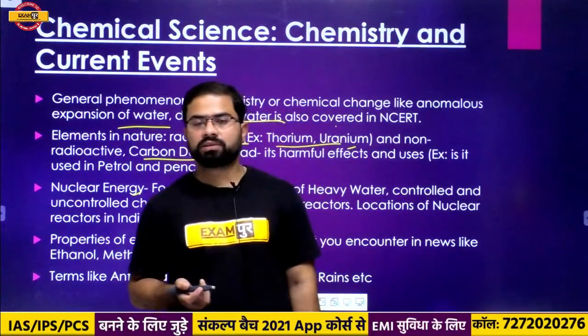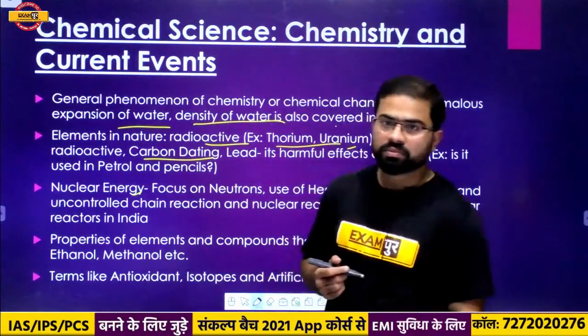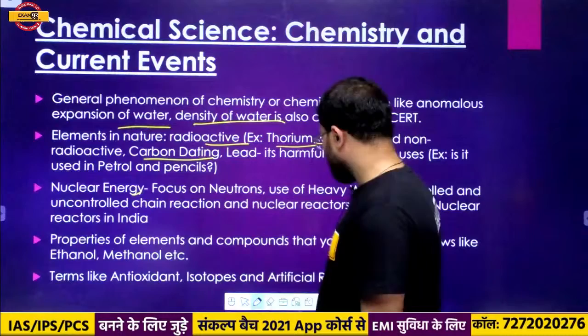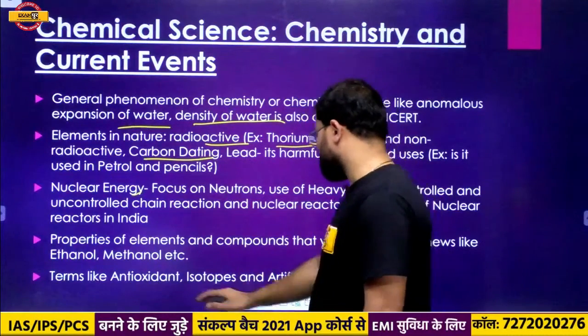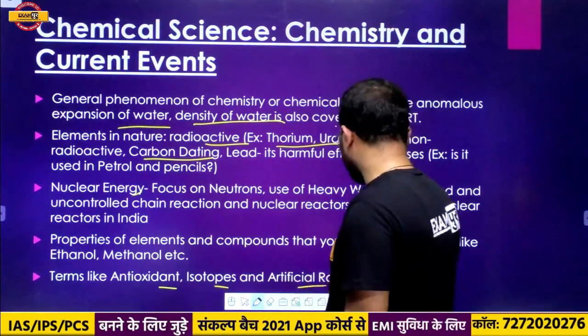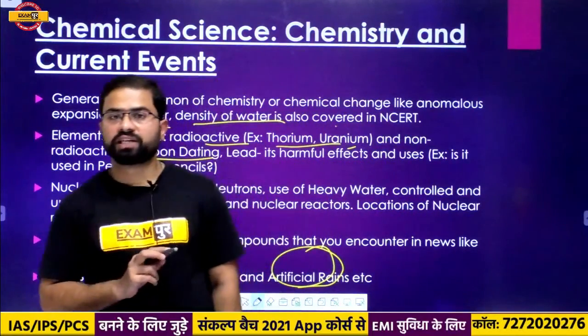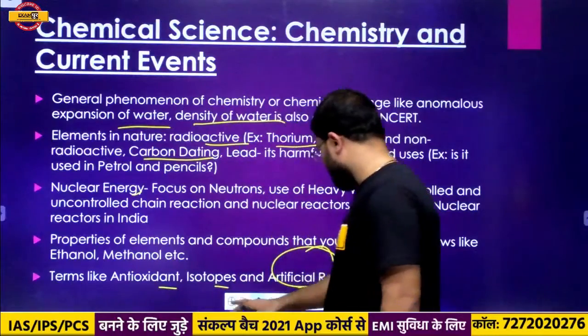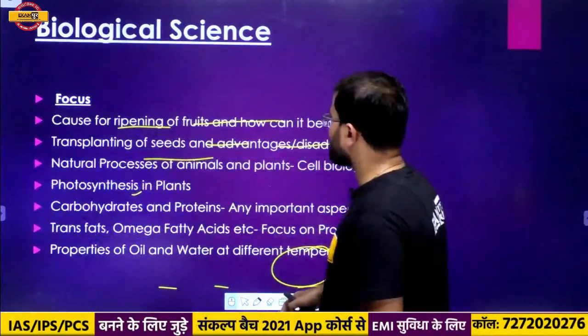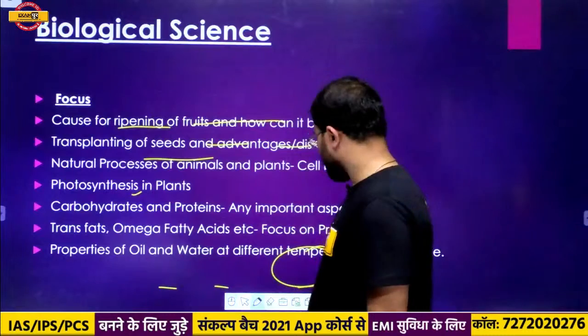मॉडरेटर. ठीक है ना, उसके बाद इंडिया न्यूक्लियर 3 स्टेज प्रोग्राम. ठीक है, प्रॉपर्टीज ऑफ एलिमेंट्स एंड कंपाउंड, टर्म्स लाइक एंटीऑक्सीडेंट, आइसोटोप्स, आर्टिफिशियल रेन क्यों होता है, वो हम लोग कौन सा कंपाउंड यूज़ करते हैं आर्टिफिशियल रेन के लिए. ठीक है,